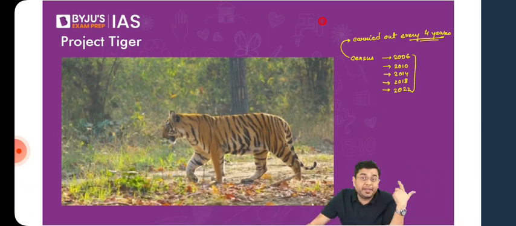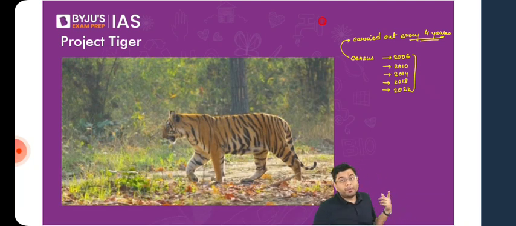So here for the tigers, they do require a large area because out of 10 times that they go out to hunt, the success rate is only around 20%. That means every 10 times that they go out to hunt, they will be able to catch that prey maybe twice or at max once. So in the rest of the cases, they have to do without any kind of food. That is where they require the availability of a large herbivore population. So that is why they require a very large space as well.